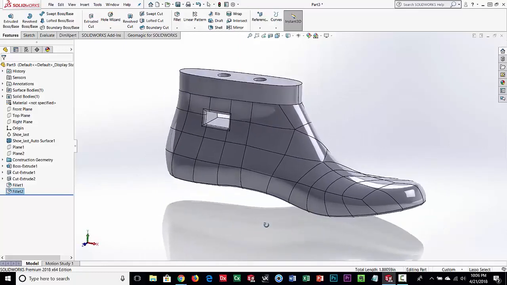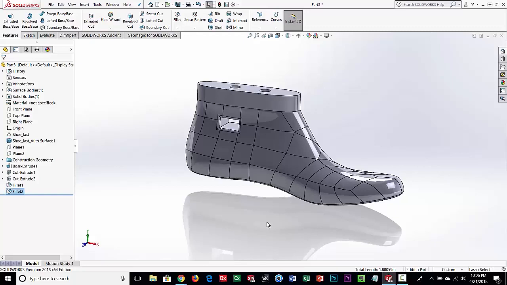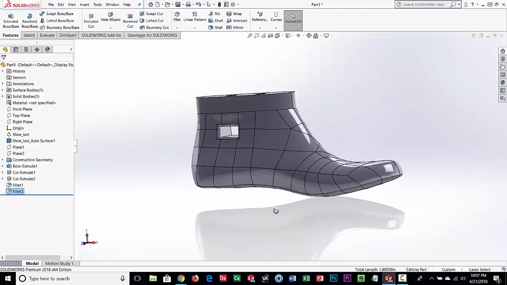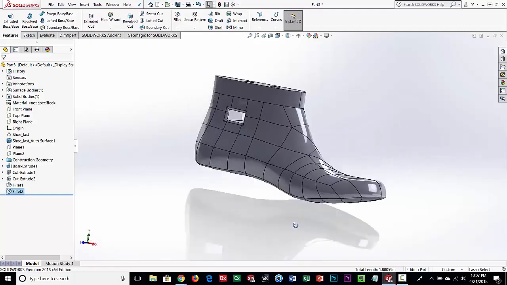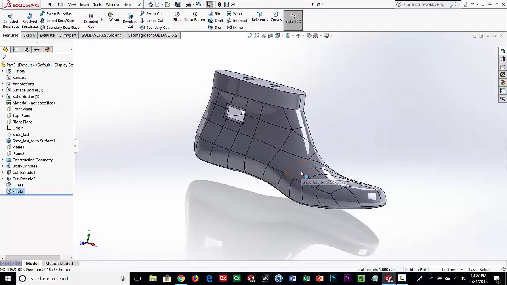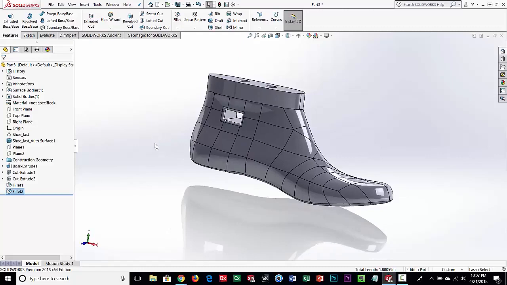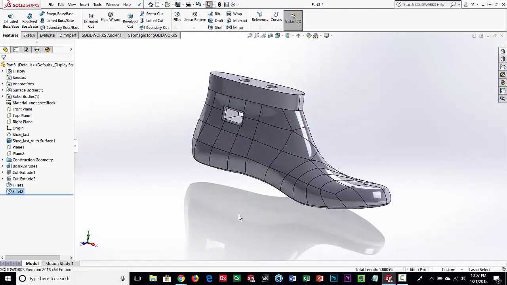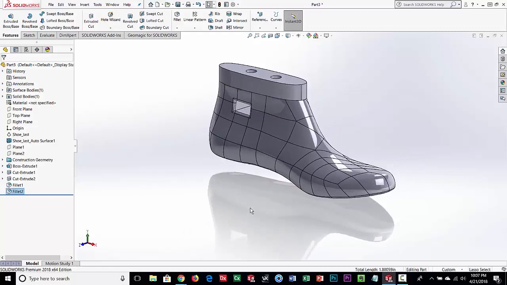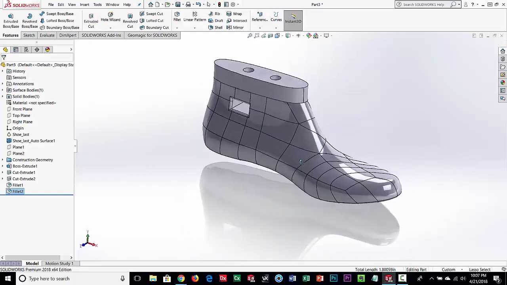So just to kind of wrap up, what we did was we brought in scan data, very organic in shape, no way to really feature drive it. Again, you could try to cut a bunch of sections and try to loft, but it'd be very difficult. And we're not really going to change this organic shape. If we did, there are ways to do that with certain tools for mesh editing and then bring it in here. But we brought it in here. We auto surfaced it so that we get a watertight model. And then we cut some sections. We extruded up, more traditional sketch modeling, put a couple holes in it, and then also built the slot and